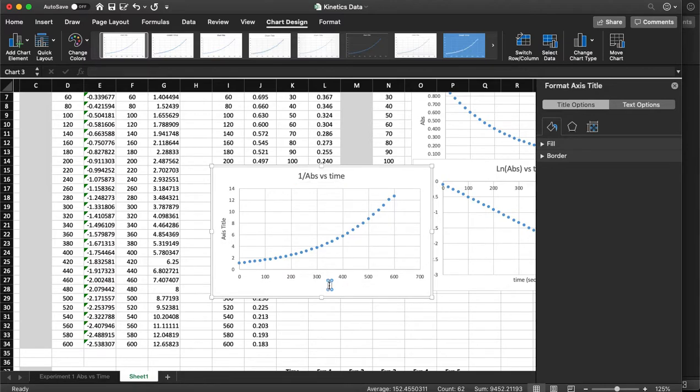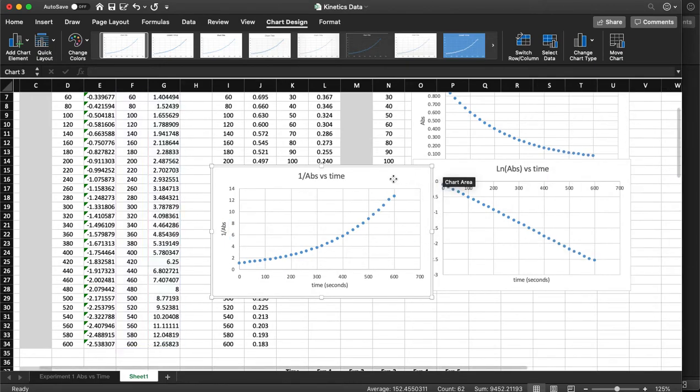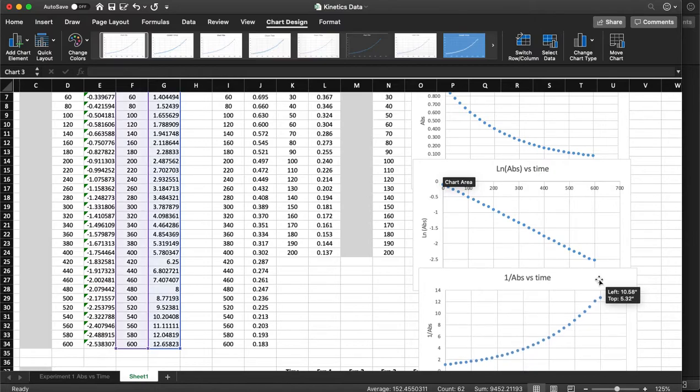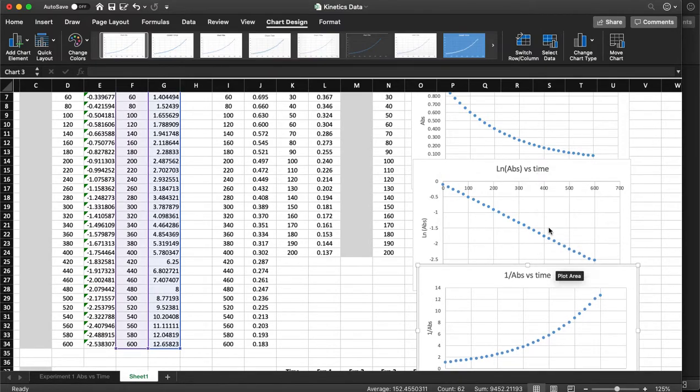Have time down here on my x-axis in seconds, and my y-axis this time was 1 over absorbance. All right. So comparing now my 3 plots, my purpose again of doing all of this is that only one of these plots